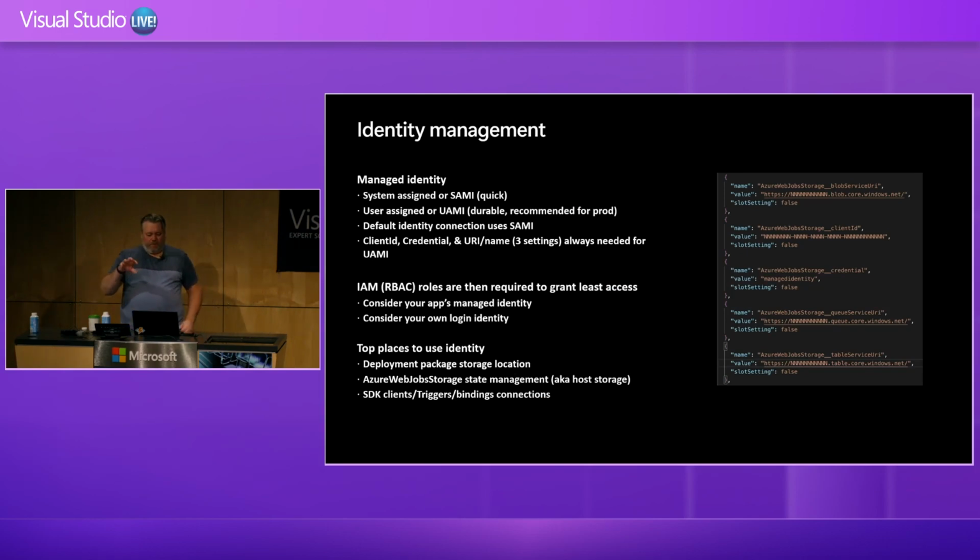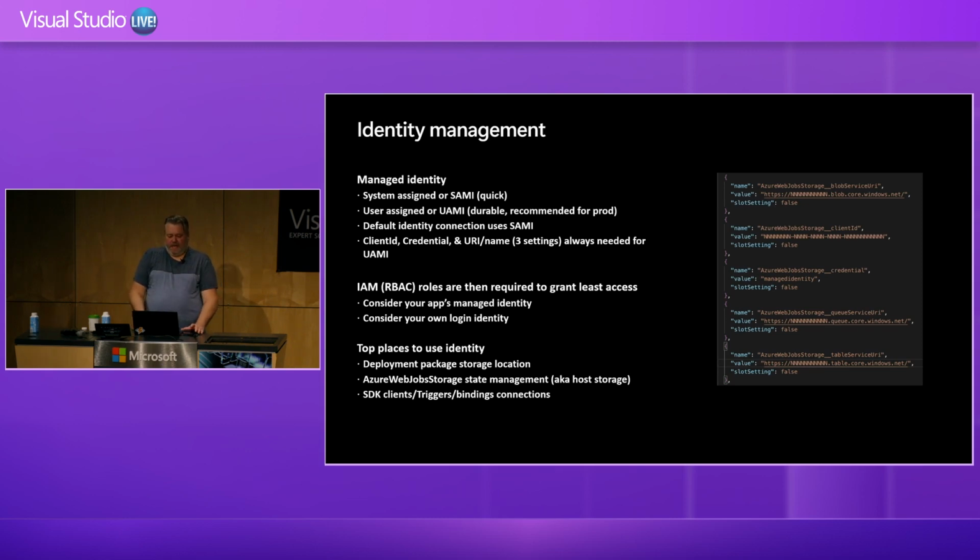Usually, for production, I would recommend using a user-assigned identity. That's mostly because then you can reuse that identity if you need to delete your function app for some reason and recreate it. If you delete your function app and recreate it, the system-assigned identity goes away with it. And you have to turn it back on. You have to give it access again to all of those event sources and destinations. So with a user assigned, it's durable. It's its own resource on Azure that you can reuse, of course. And you can also share that identity if you want, but I would probably just create one per function app if possible.